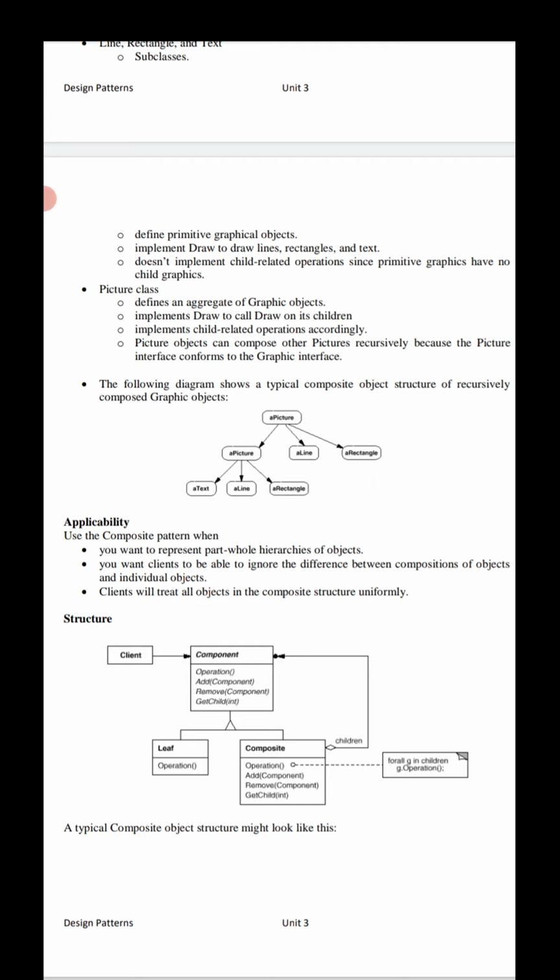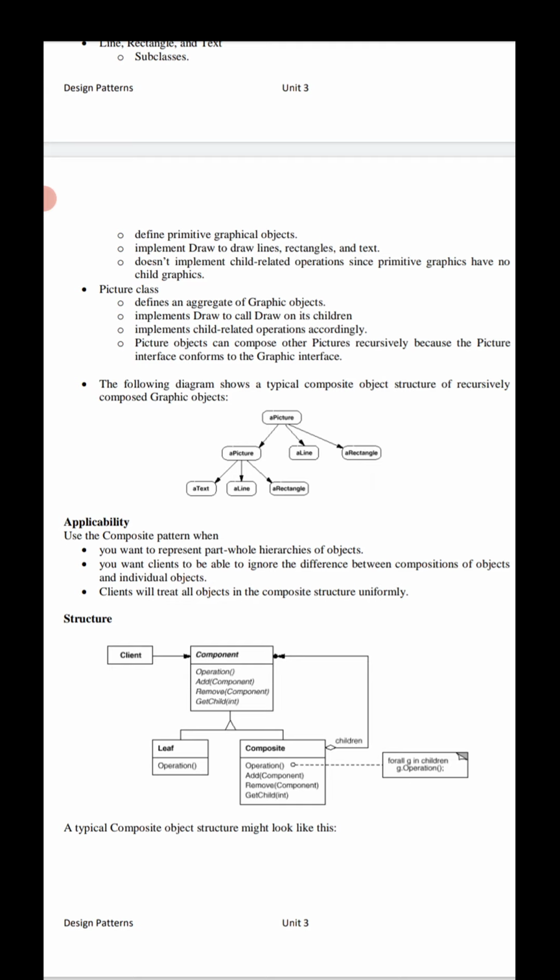Here we have a picture with subclasses: a picture, a line, a rectangle. Within the picture we have some text, a line, a rectangle. We compose objects into a tree structure to represent a part-whole hierarchy, level by level, of interrelated objects at the next level down.